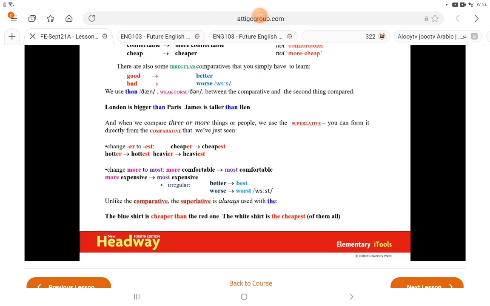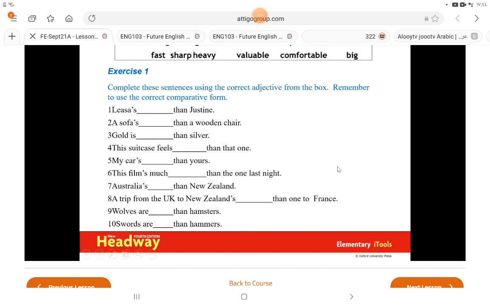So it's only for adjectives. Okay, good. So basically that's it on this slide. I've explained the most important points a couple of times now. Let us move on to some exercises. Five minutes left. Maybe we can do this. Now complete these sentences using the correct adjective from the box. On the top you have some adjectives. Now let's do this exercise.